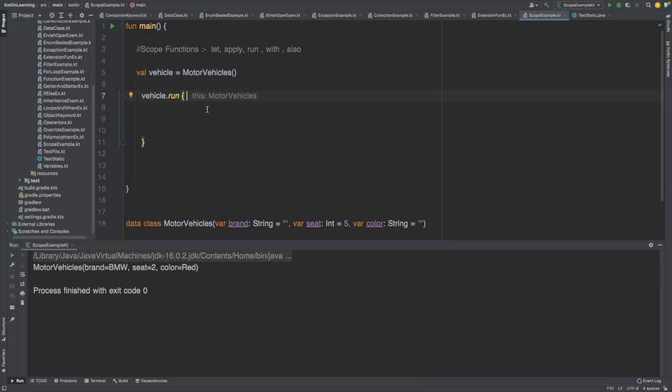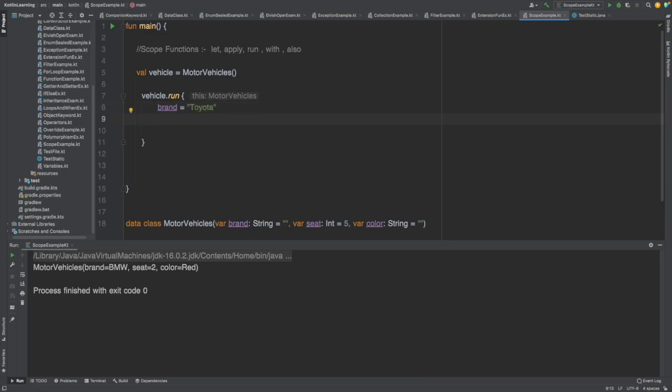It also gives us the context of this, that is the motor vehicle. So how you can use this, simply like we can use it like this. You can also call the values directly from here. Brand, that will be brand Toyota,